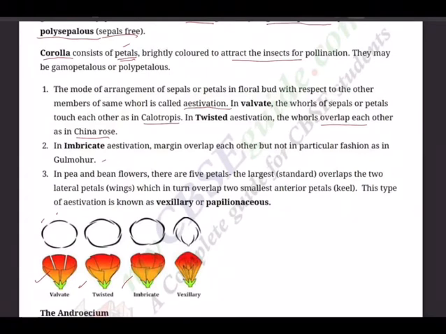So in imbricate, you can see this is inside, this is outside, and then this is outside. So this is 1 plus 2 arrangement, and now next to 1 is this and this, that is 1 plus 2 arrangement. Similarly, even you can see vexillary, here also one bigger